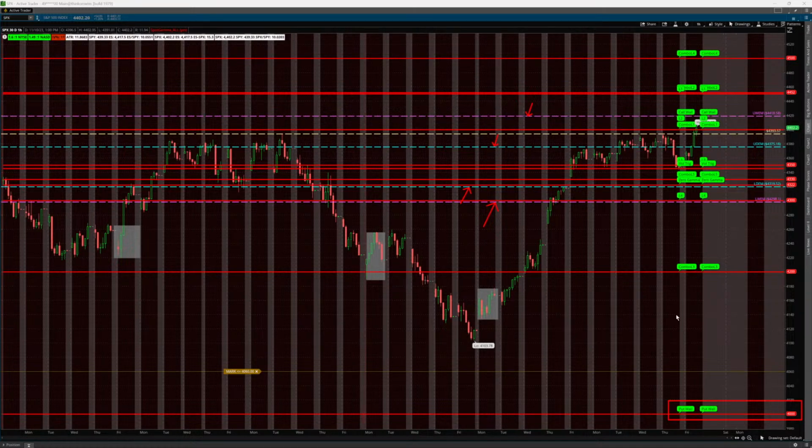Then the next level up is the volatility trigger. That's at 43.45. That is SpotGamma's proprietary volatility flip level. Below that level, market makers' position on the gamma curve is negative. In a negative gamma environment, market makers have to trade with price to hedge their delta exposure, and that tends to enhance or increase volatility.